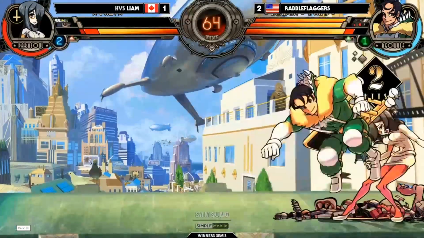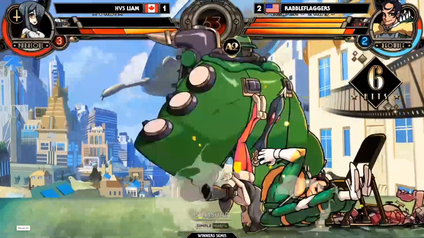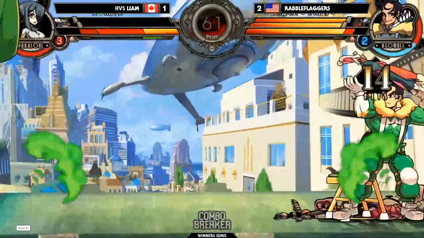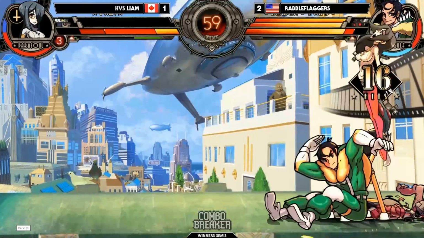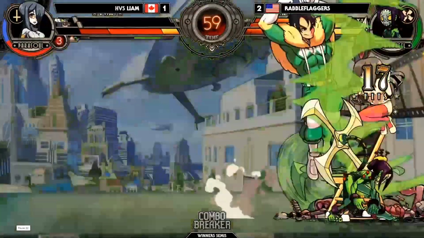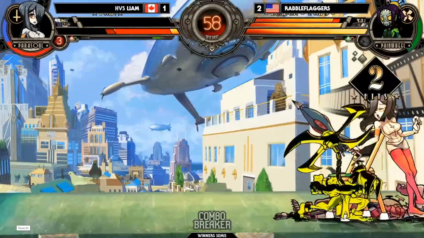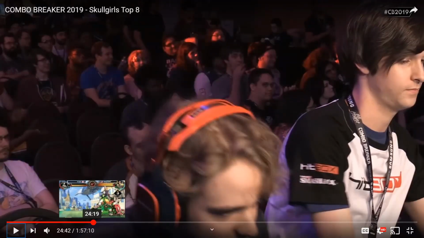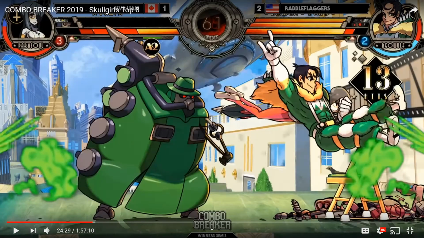Didn't matter. Block the overhead, but his crouching light kick is still good enough to hit at that distance, and that's a death. That's death. Oh, he dropped it. It didn't matter. Liam kind of gave up there. I don't blame him, but